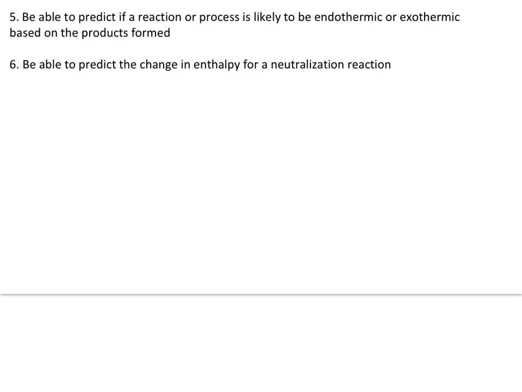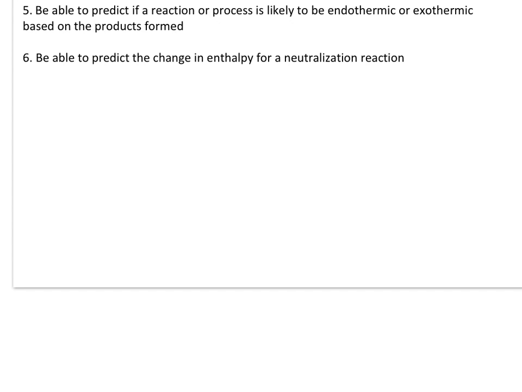In this video, I'm going to look at objective 5 and 6 from the Chapter 5 study guide. Number 5 says, be able to predict if a reaction or process is likely to be endothermic or exothermic based on the products. The reason they use process is because we could have physical processes such as phase changes. So for number 5, if we're talking about a physical process, you could have a solid to a liquid,